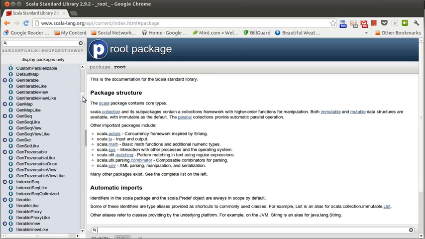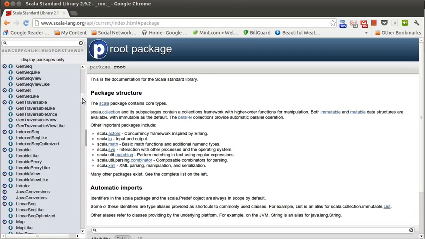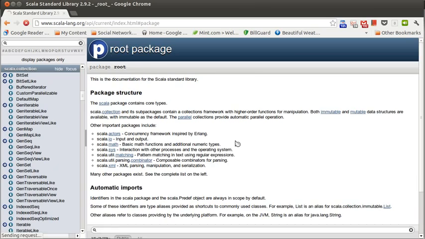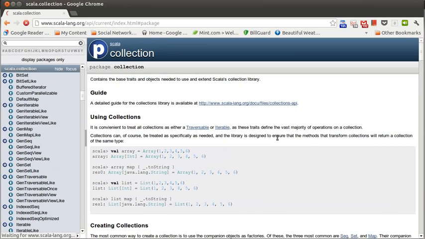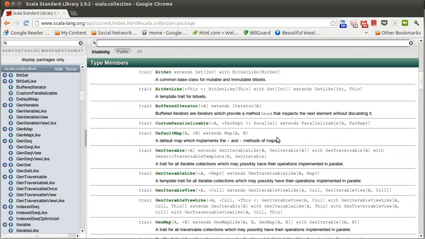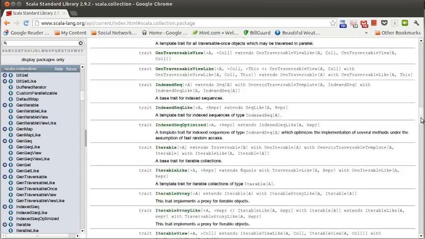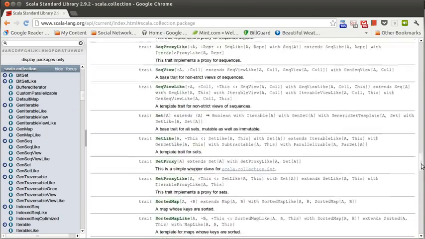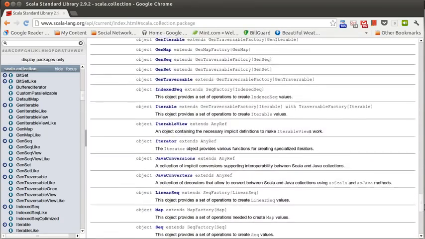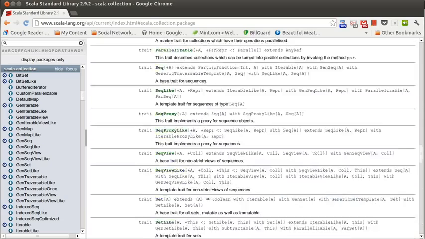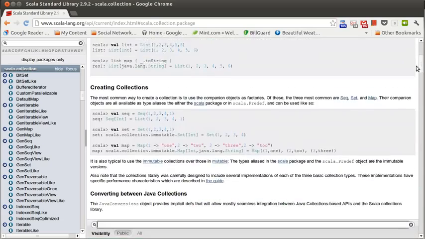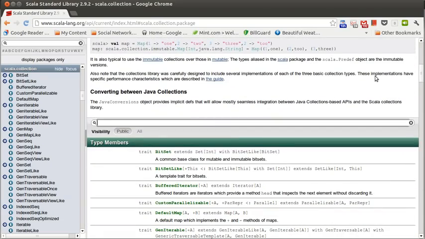Now, there are lots of classes in these packages. So for example, Scala collection here, there's some description, and then there's a long list of different traits and classes and objects that occur in here. And we can't really talk about all of them, but